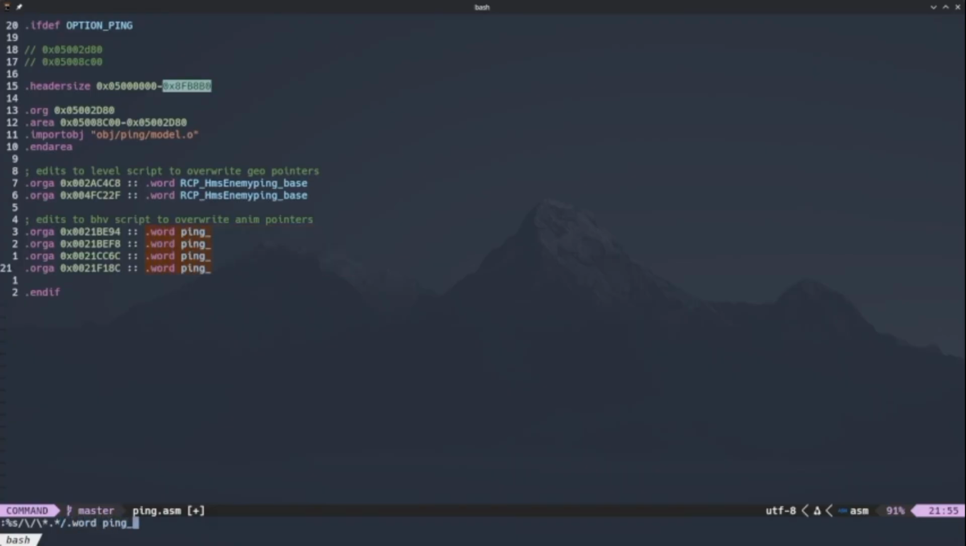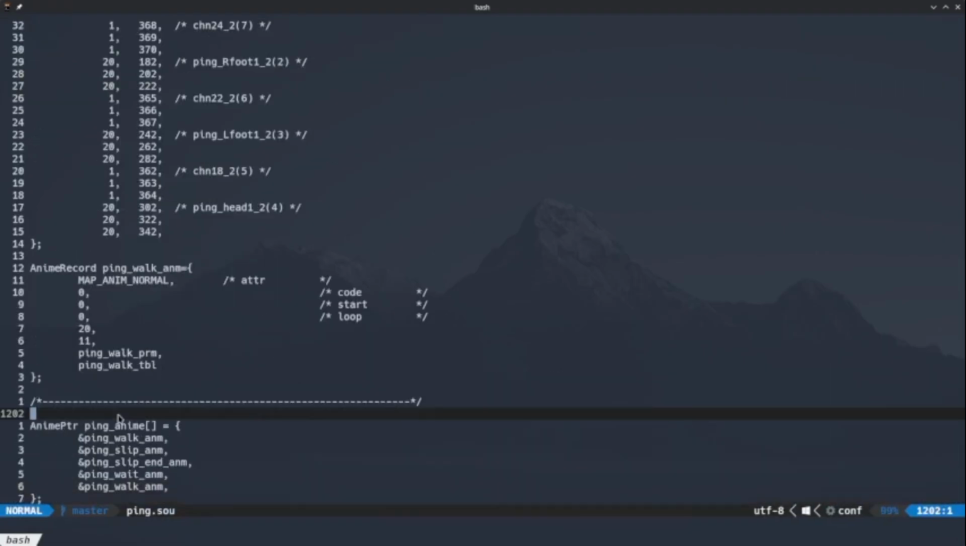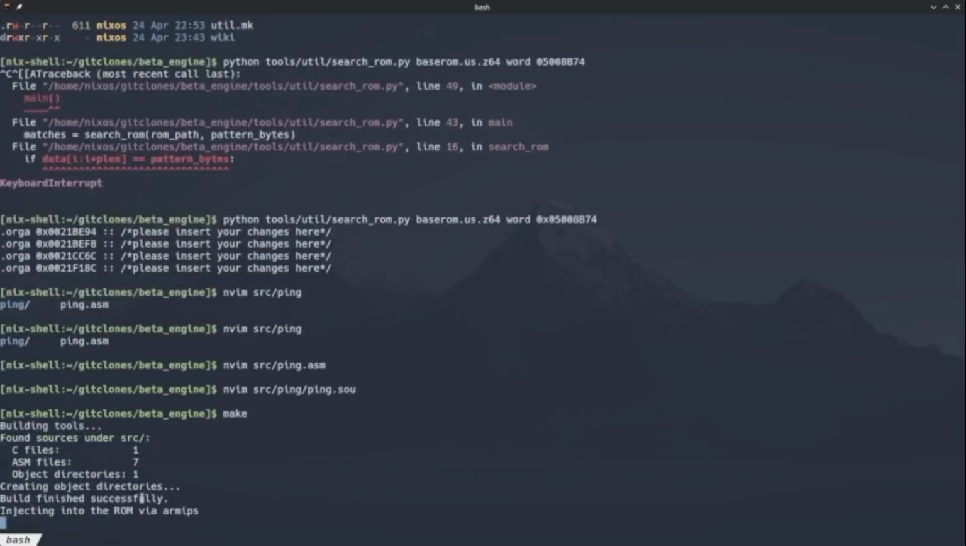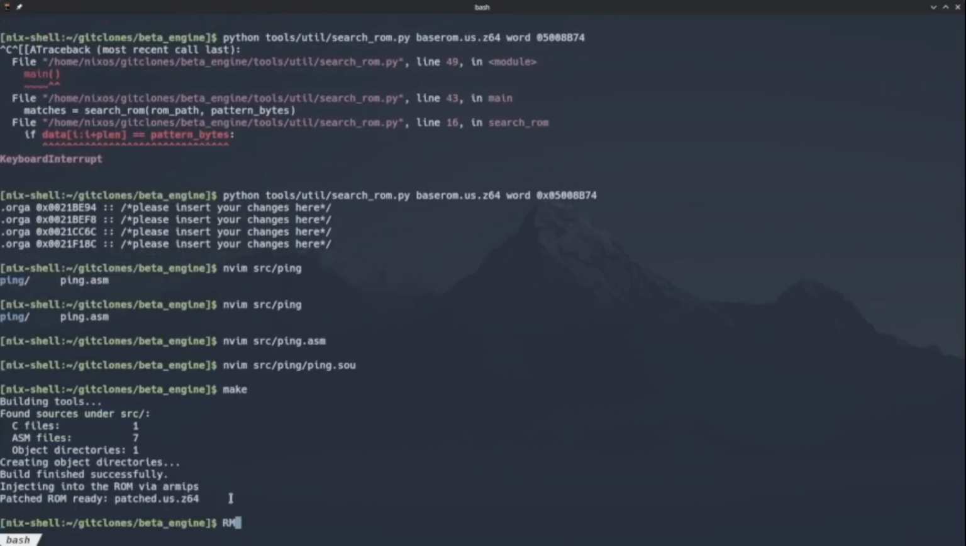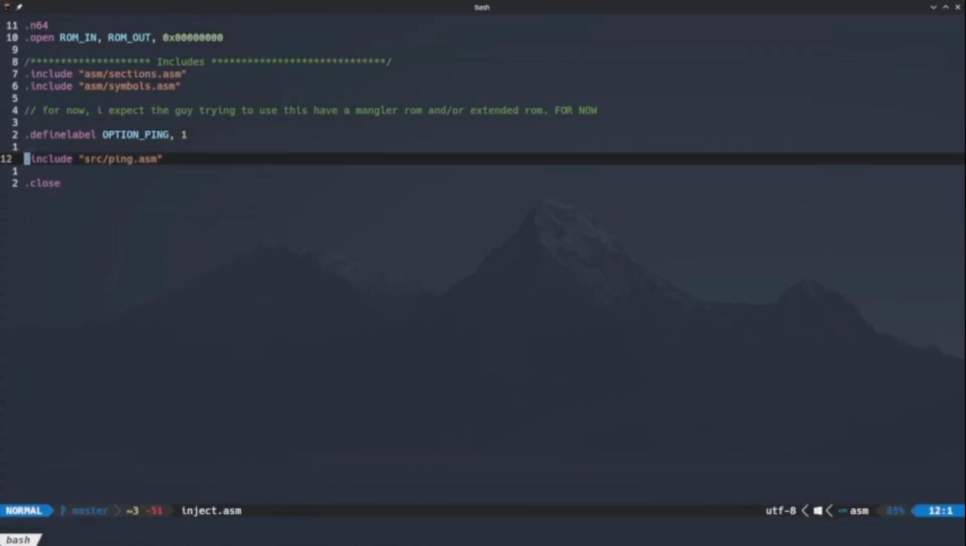/word ping anime. I think it's ping anime, right? Let me check. Source ping/ping.so. It's ping anime, yeah. Now it's gonna get injected, but let's check first. Right now I'm gonna enable